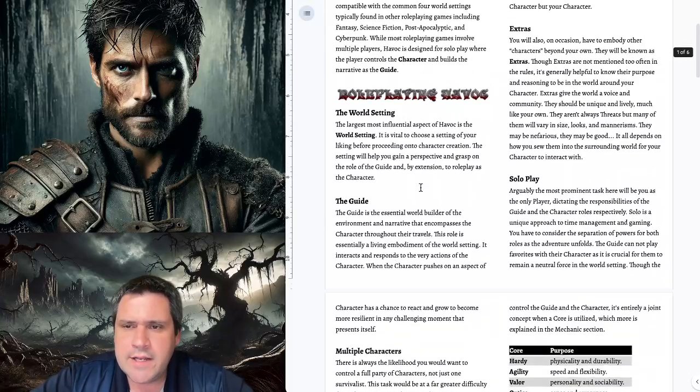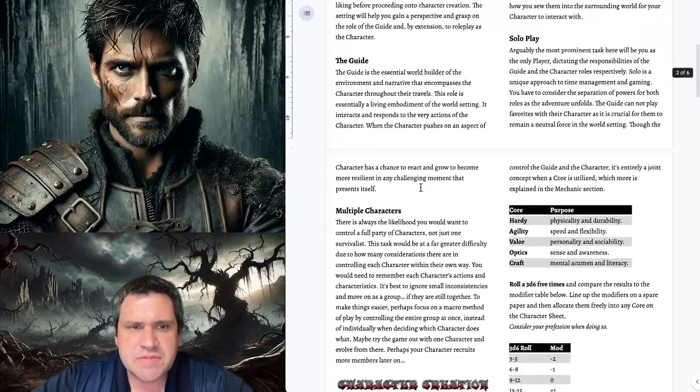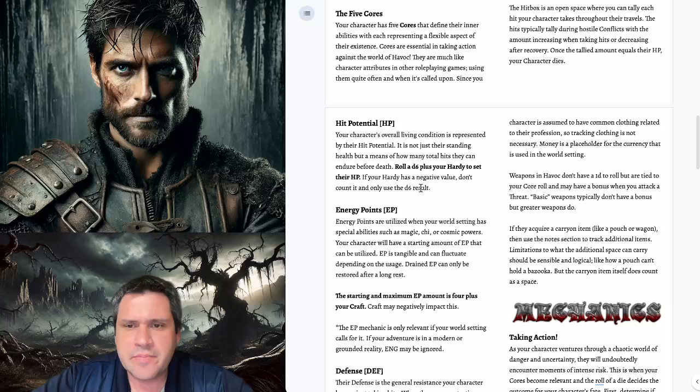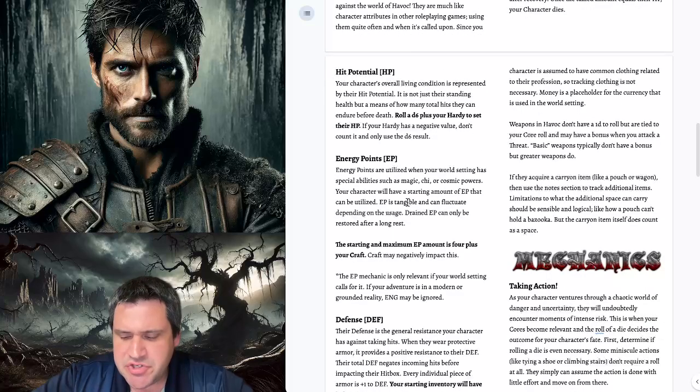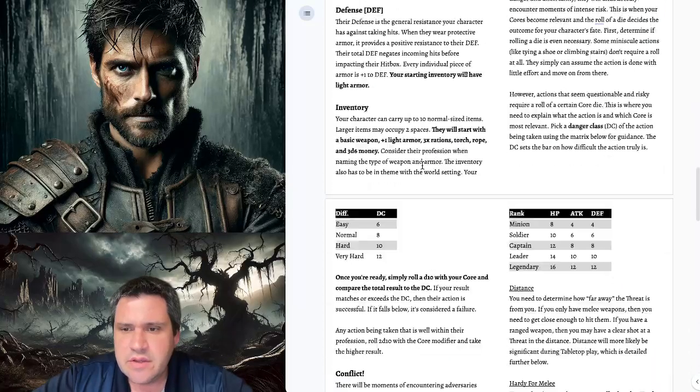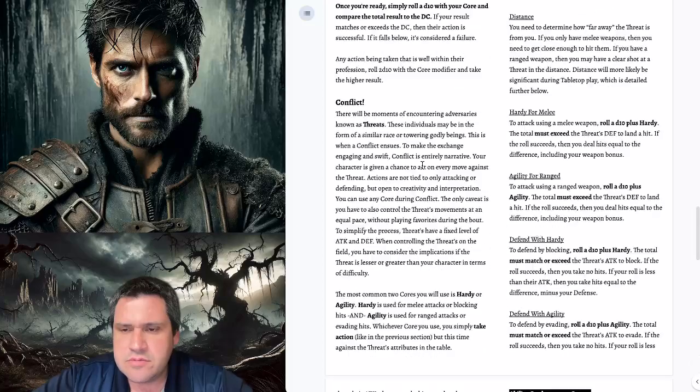Now, one of the biggest changes is for energy. It's not just called energy, it's now called energy points. So EP is the shortened term for that. And also